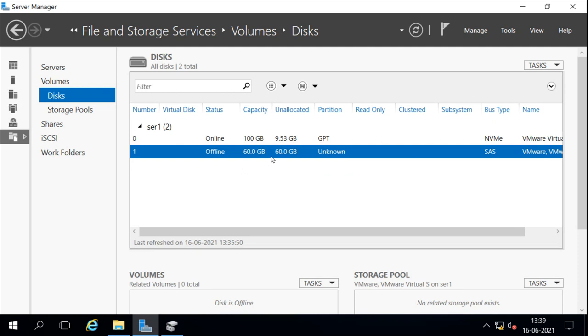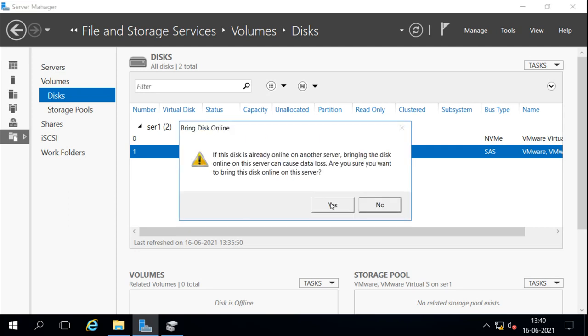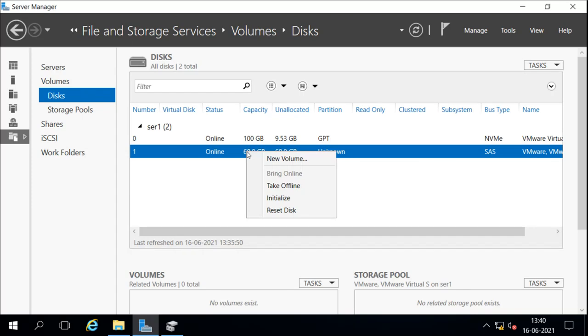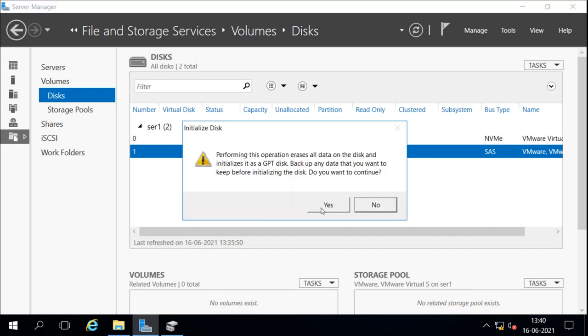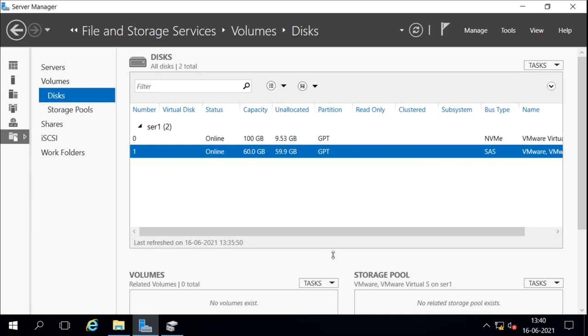So we can manage everything from the disk management, but there are some things which are not available here in the server manager, like we can't initialize into MBR, and we don't have an option to shrink it, but we have an option to extend, but no option to shrink. And also we don't have the option to make it MBR, we have only the option to make it GPT. Whenever we initialize, it will always go to GPT. So as you see, it always goes to GPT.